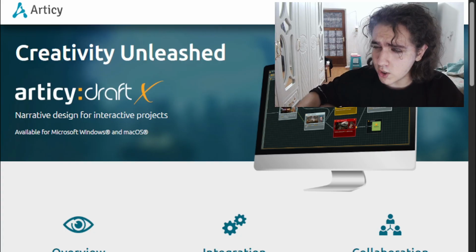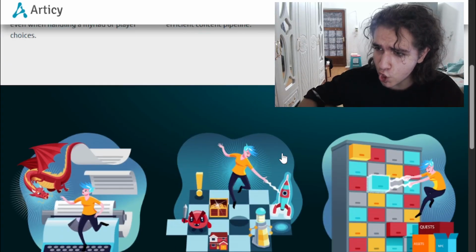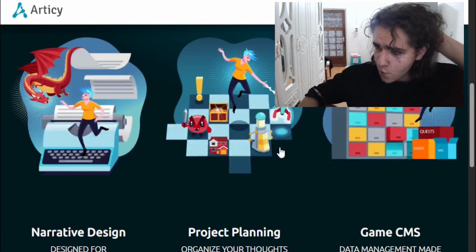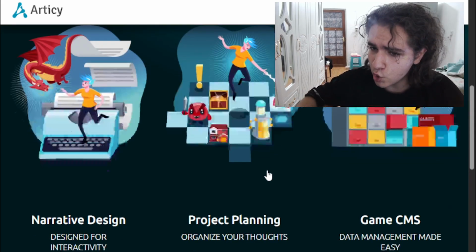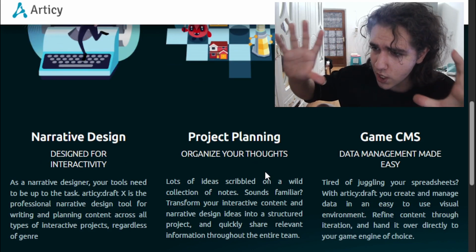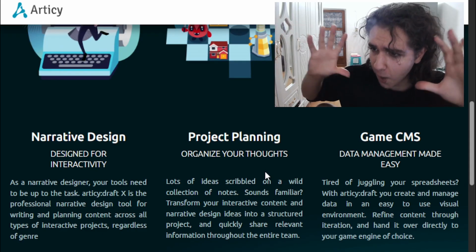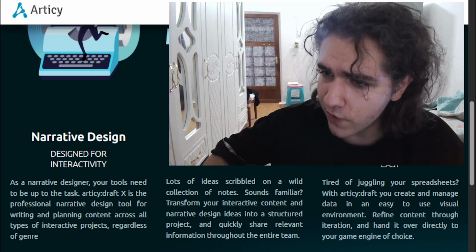One of the other narrative design tools is Articy. It's also very used in the industry. It's way more organized and better in production than Twine. I definitely would recommend it for artists to show their work in a better way. So usually it's better for narrative design and project planning and these things, so you can show the actual stuff that you worked on in a more impressive way than just PDFs or docs. So these tools are very helpful for people working on narrative design, or even people who want to pitch their game to publishers, because publishers know these tools.